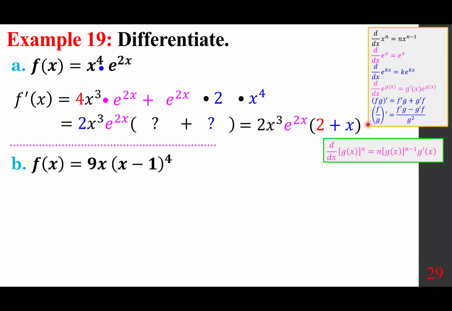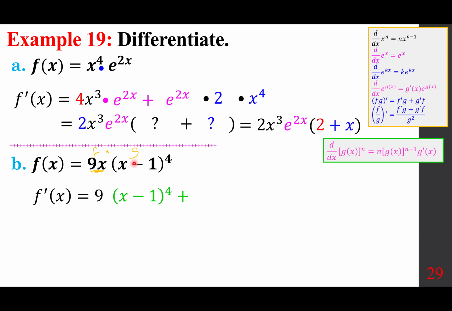f of x is 9x times x minus 1 to the power of 4. It's the product of these two pieces. Again, since 9 is not involved, you can think of it as part of that, or you can put them in brackets. Either way makes no difference. So this piece, let's say f times g. So to take the derivative, we are going to go with the product rule, f prime g plus g prime f. This gives us 9 times the second piece g, x minus 1 to the power of 4,